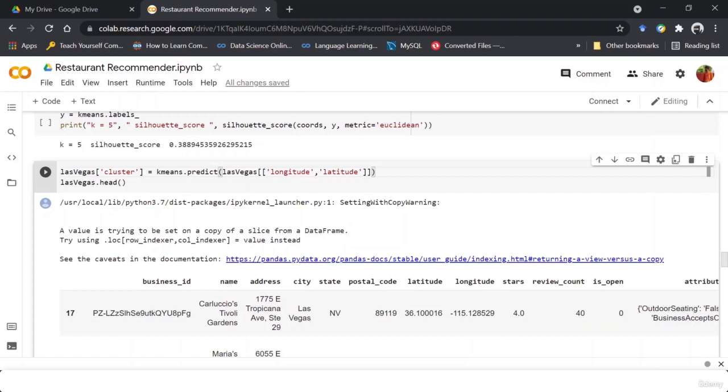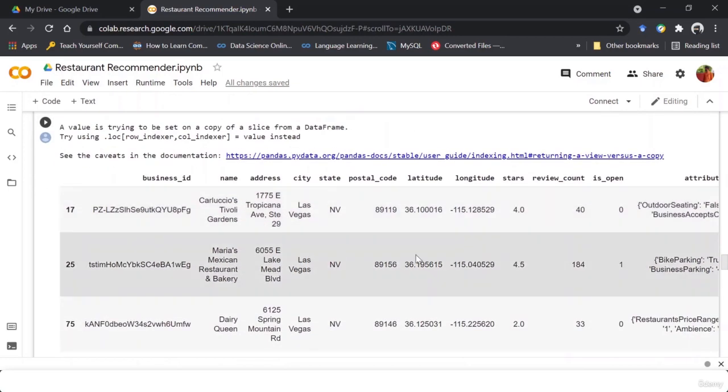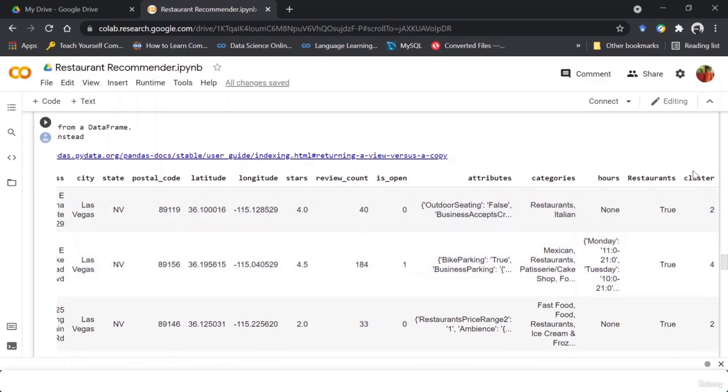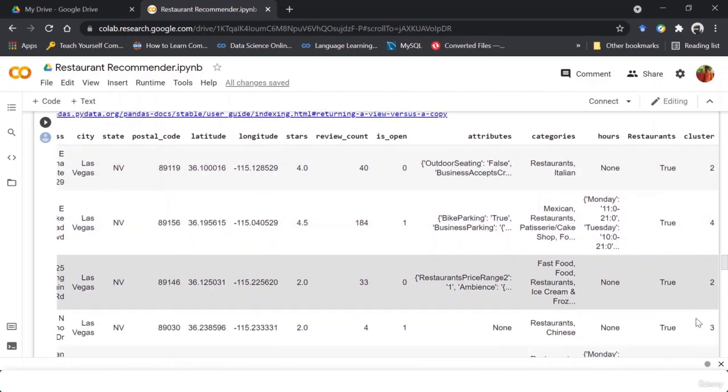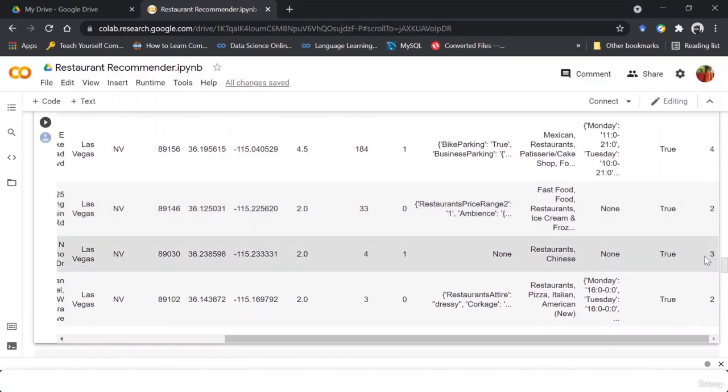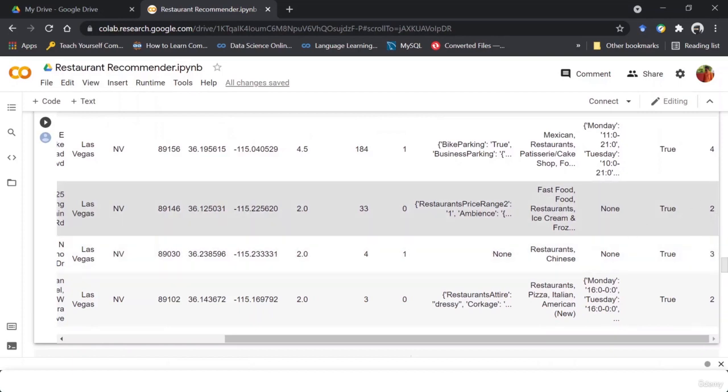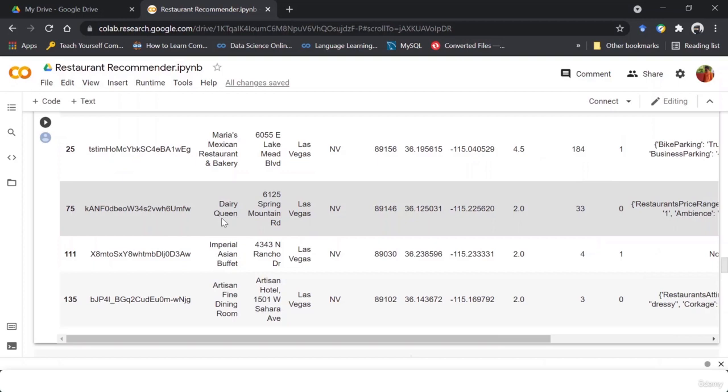Since each and every location is mapping to a restaurant, the prediction is done for which restaurant belongs to which cluster. So now you can see that I have created a new column named cluster, which is telling you the cluster which this Dairy Queen